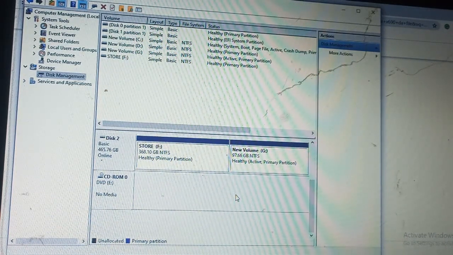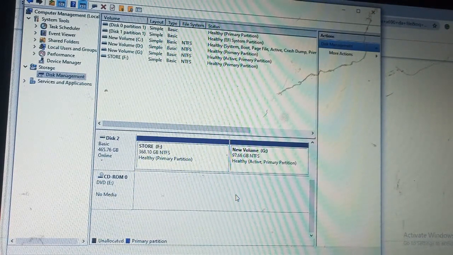Welcome back to the second video in the macOS installation series on Windows. This is a series where I've been teaching you how to install macOS on Windows. The first part was how to restore your DMG file on your USB flash drive or memory card. Then in this video, I'm going to show you how